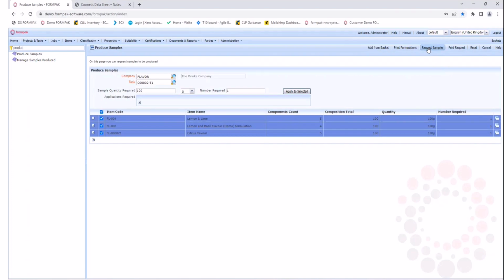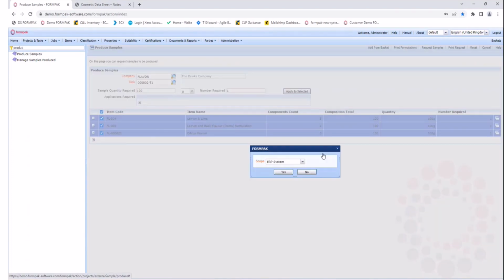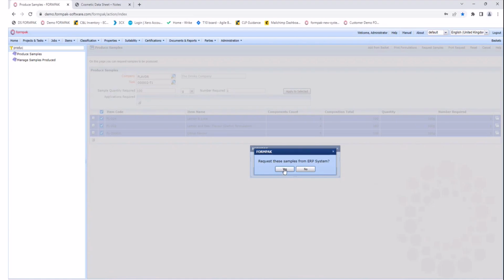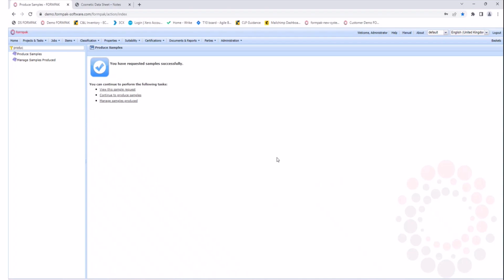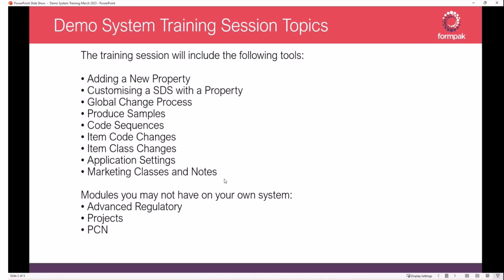So if we click request samples, then this is sent to the manufacturing system, the ERP system, if you've got one integrated, and just click yes. So if we click yes, samples are sent. Okay, and you can also manage the samples and search for samples that have been produced as well in that section. Okay, so the next topic that we're going to have a look at